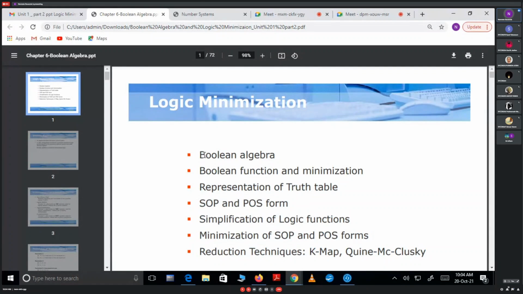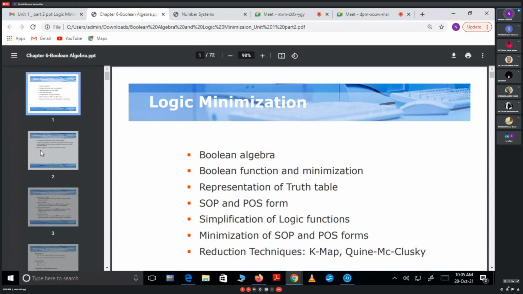This other part is not specifically given in the syllabus, but to understand this part, you should know Boolean algebra. There are many more topics in Boolean algebra. Whatever is required to understand this topic, we'll cover, and I will provide the notes for Boolean algebra so you can read it. I will also give you an introduction: what Boolean algebra actually is, and how it is required to understand Boolean logic functions.